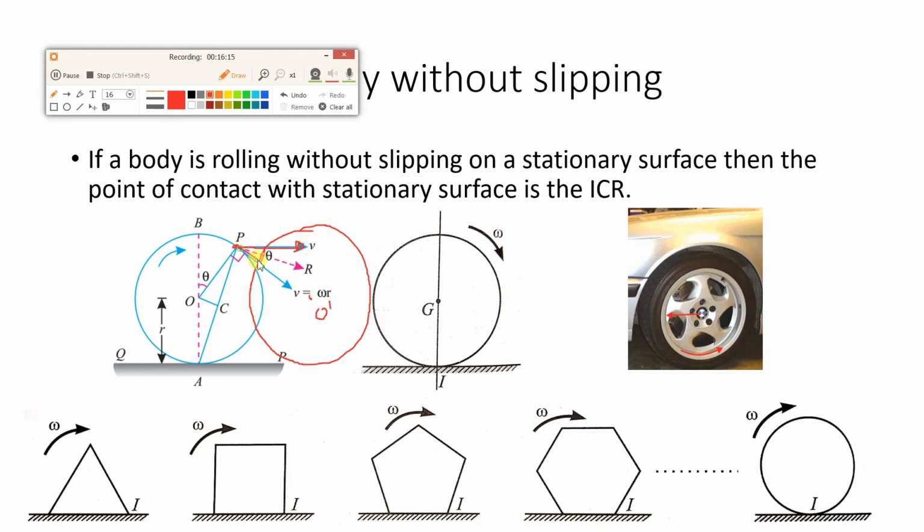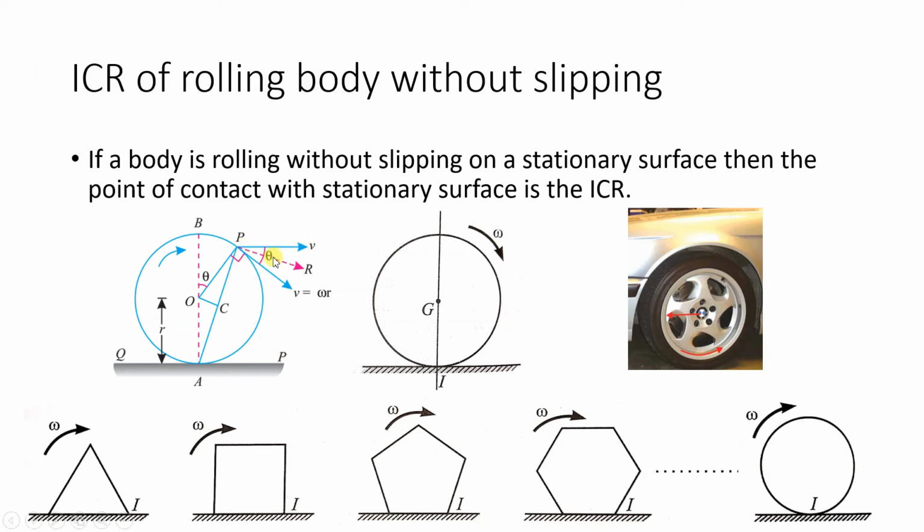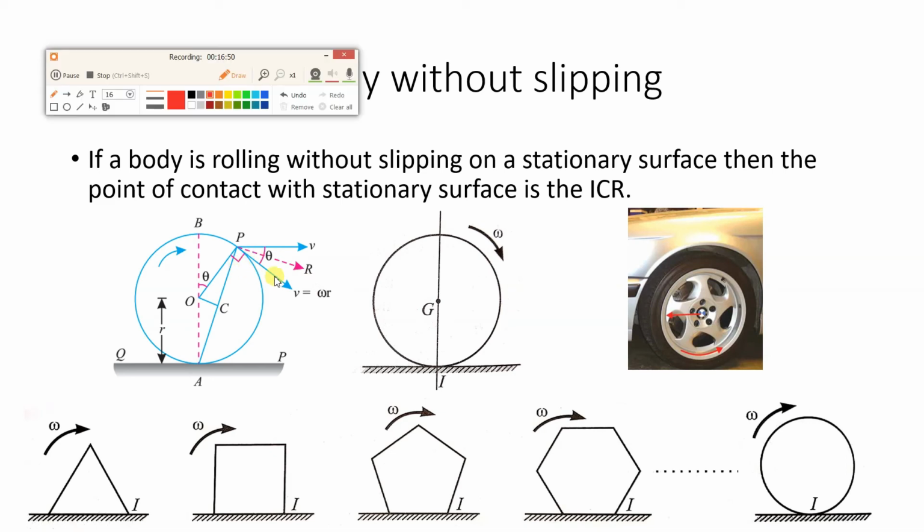So how will you get this? It will be V equal to R omega. Suppose this is some other V. So V is equal to R omega. Now this is one V, this is the second V and the resultant V is in between. So this R is the resultant V. If you consider point A and this point P, any point located on the surface of the wheel, and you join AP, this resultant of these two velocities will be perpendicular to AP.